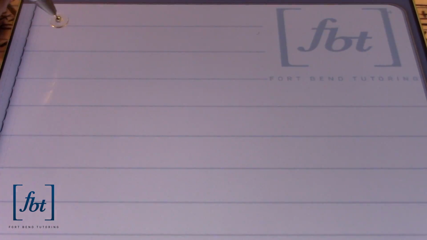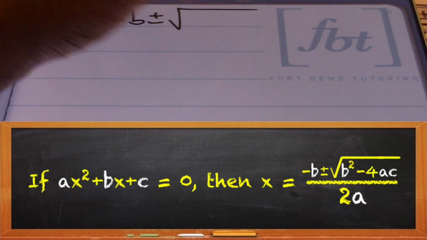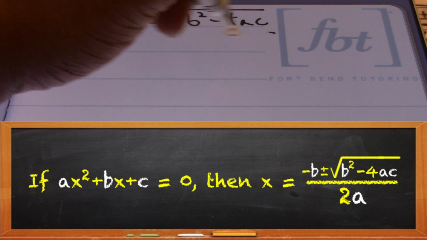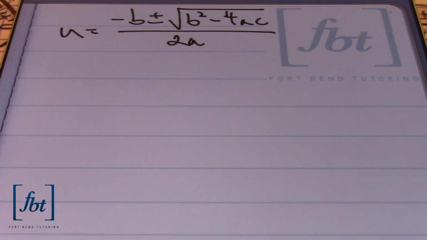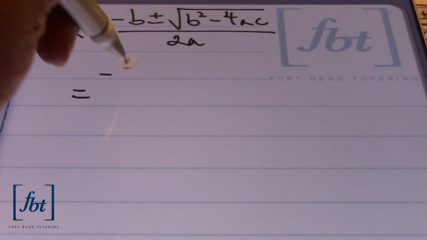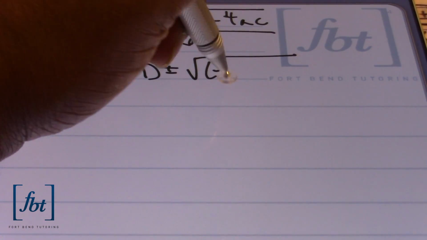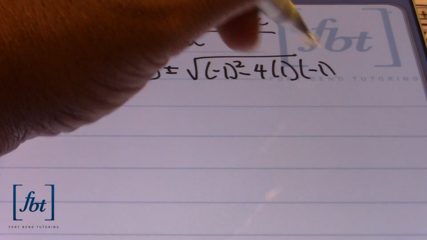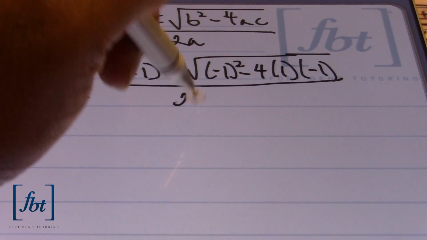And as a reminder, our quadratic formula is u equals negative b plus or minus the square root of b squared minus 4ac, that's a 4, thank you, divided by 2a. And we'll be plugging in those values, right? So plugging this in, I'll have negative 1 plus or minus the square root of negative 1 squared minus 4 times 1 times negative 1. And all of this, of course, is going to be over 2 times